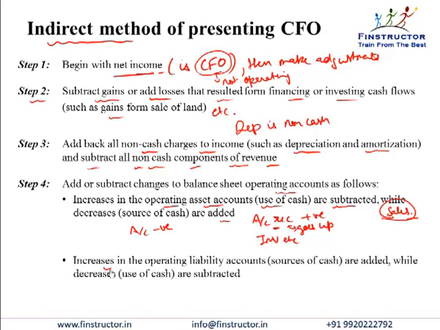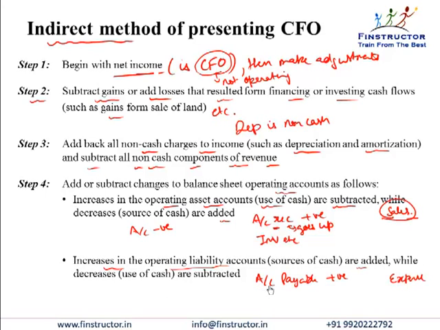Similarly, increase in operating liability accounts, for example, accounts payable. So if payables go up, that means I haven't yet paid my suppliers, even though I may be showing an expense. So I'm declaring an expense because of accrual accounting, but I haven't yet paid. It's a cash inflow or it increases my cash. So increase in a liability account will be added to the cash flow coming from the net income, while decreases